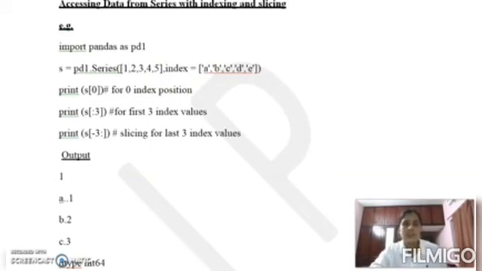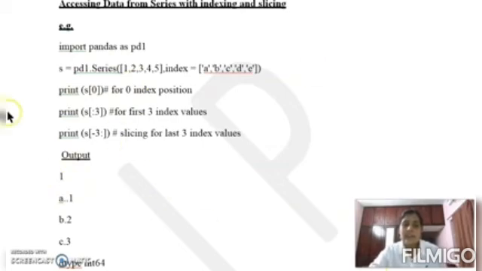We can use two methods, either by using position. So print S of 0, what will be the output? This is our series, so S of 0 will return this 1 as the output. Look at the output, there is 1. At the 0 index the element is 1 and it is printed.